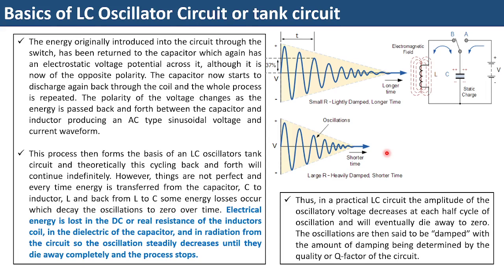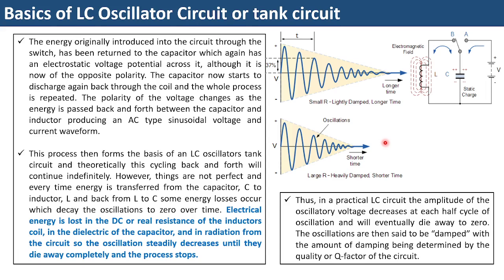So the electrical energy which was initially stored in the capacitor, as soon as the current flows through the circuit, either it can give you radiation, because of which energy can drain out of the circuit, or the current will get some resistance to flow through the inductor coils, thereby generating heat and causing a loss, or in fact it can also be lost in the dielectrics of the capacitor. So ultimately energy gradually gets drained away. As energy gets drained away, the current oscillation will fall off and it will fall off to zero eventually after a longer amount of time.